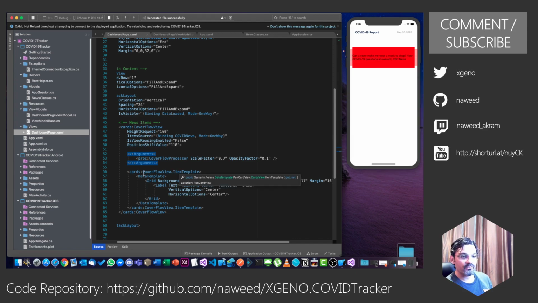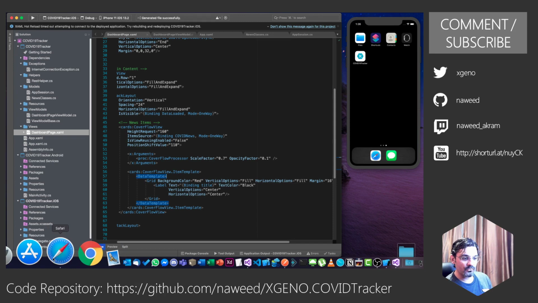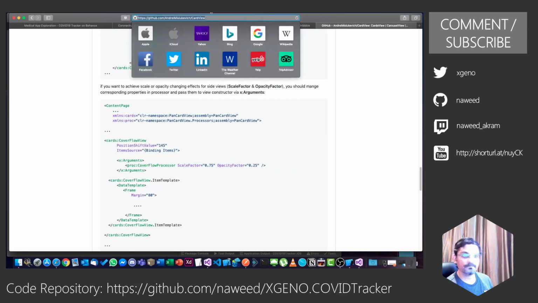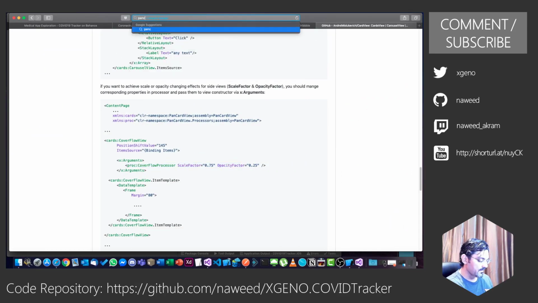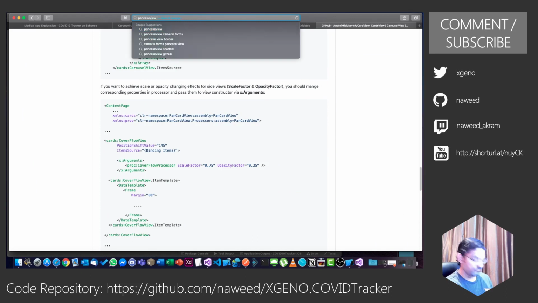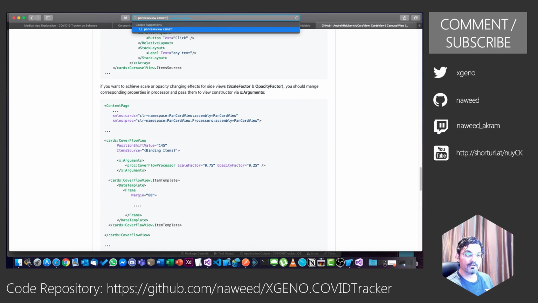Okay, so now let's try to fix this. So instead of having this in the grid, let's try to use a pancake view. For those of you who do not know what is a pancake view, pancake view by Steven, Xamarin Forms.